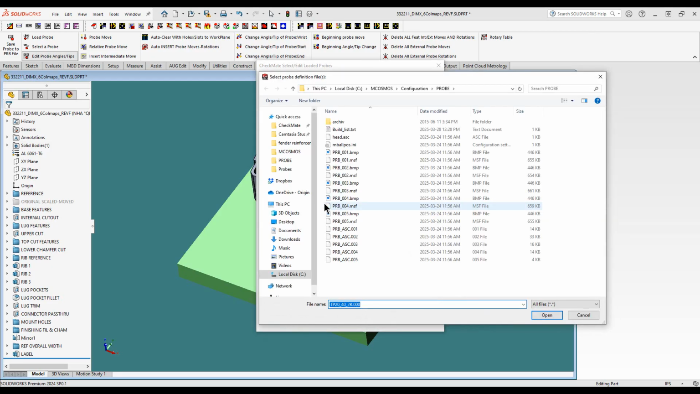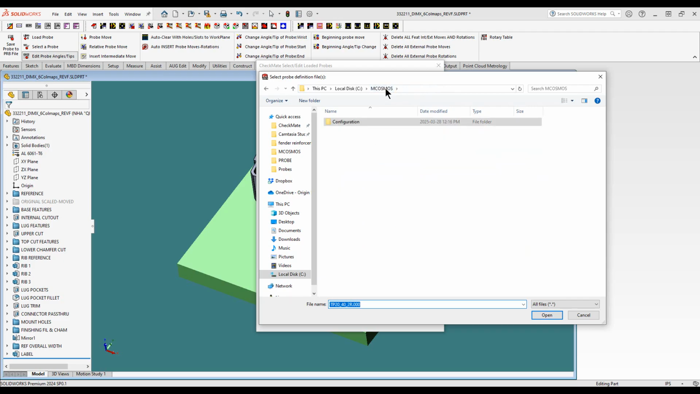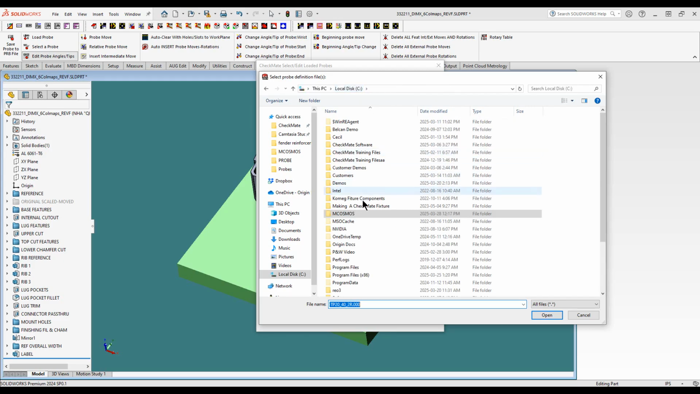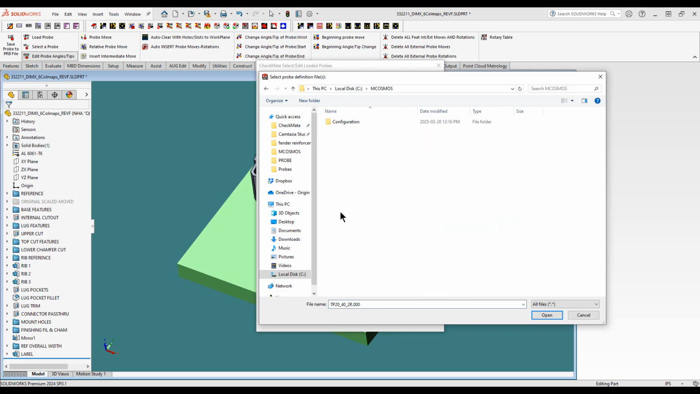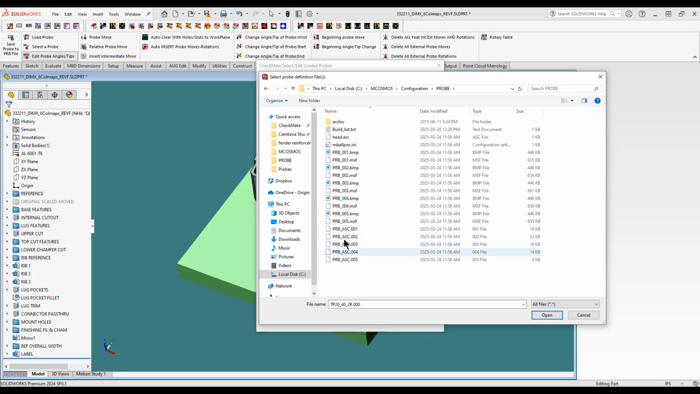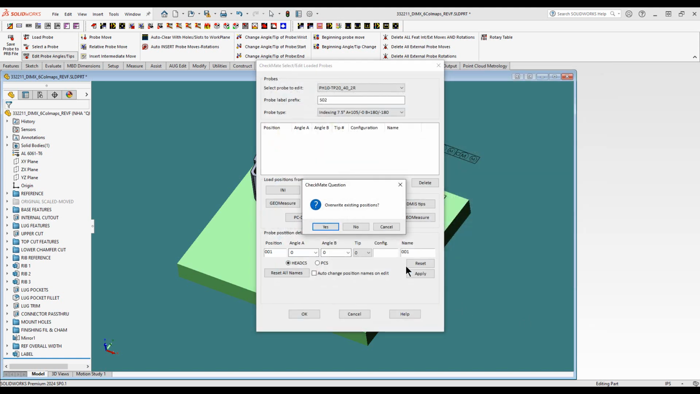So when we click on that, I'm just going to go back to where we started here with MCOSMOS. So I'm going to go click on that, and then we'll go into configuration and then the probe. And then again, these are the PRB underbar ASC files, 001, 002, and so on. I'm going to grab the first one, and I'm just going to hit open,